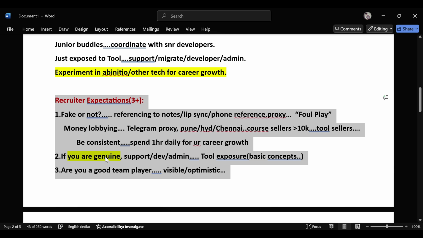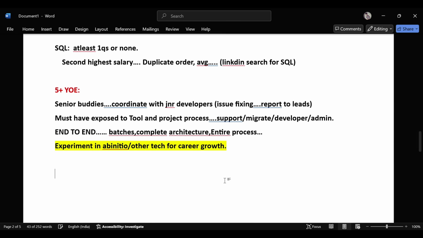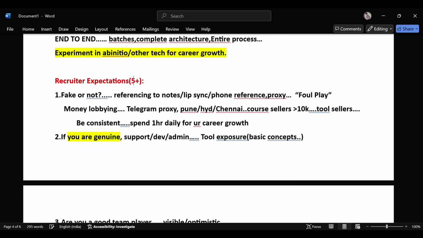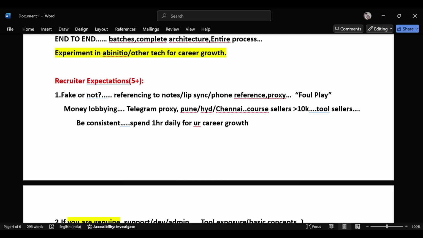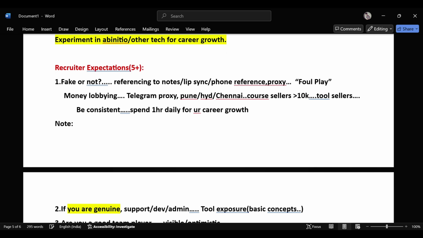And then the expectations for the seniors. Let's say the first point, I think, remains the same across all these years. I'll just add a note, because the reason I'm not taking out this first point is that I'm finding some guys who are 7 plus years of experience. If you look at the profile,